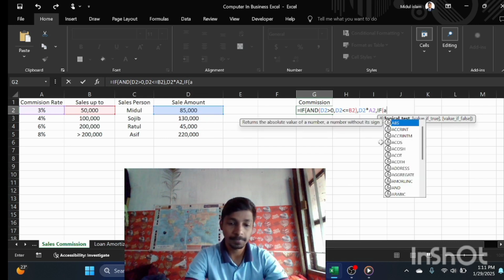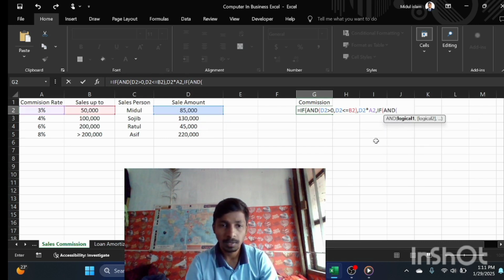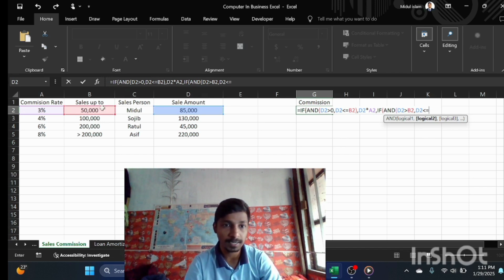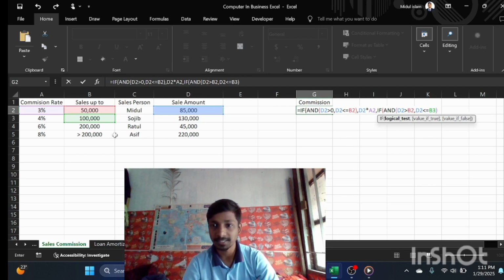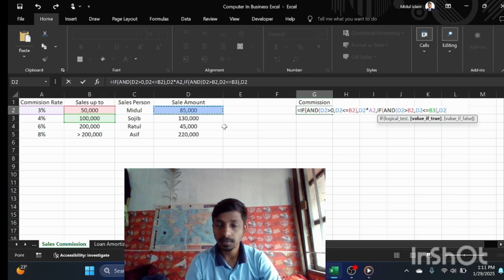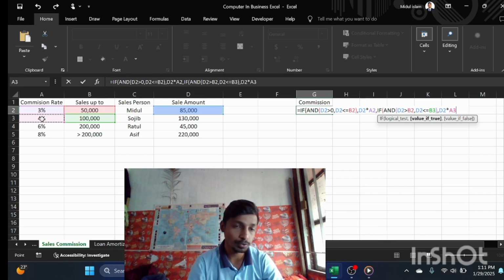and the sales amount 85,000 taka and more than sales up to 50,000 taka and comma, and sales amount 85,000 taka and multiply and equal less than sales up to 1 lakh taka and the bracket is closed and then comma, and the sales amount 85,000 taka multiplication 4% of commission rate,